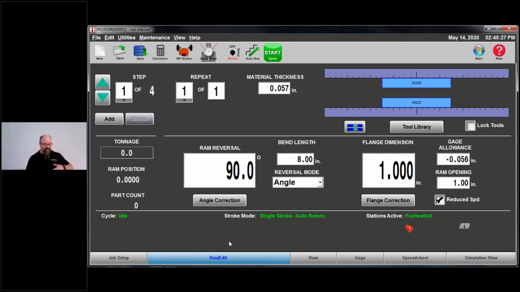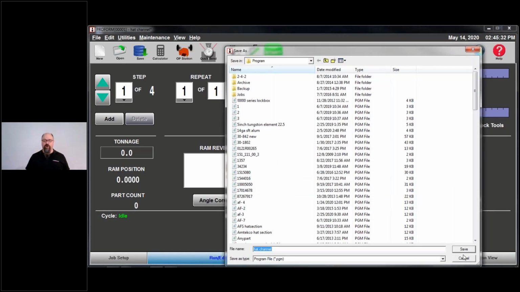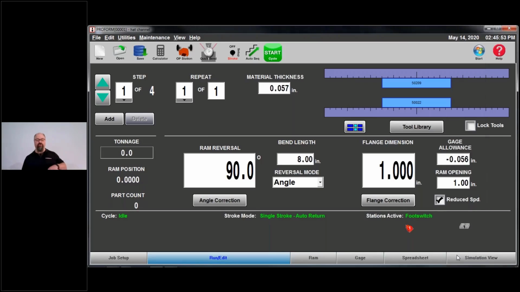This is now ready to be saved, which you do have to hit save. Okay, save it onto your, if you're on the network, you can save it on the network. If you're on your local PC, save it on the local PC. If you're on a flash drive, you're going to walk it out to the actual machine, save it on a flash drive. Okay, I've just got a program location, D press brake programs. I'm going to save it there. Okay, now you can take that and transport it to the machine however you want to transport that to the machine. So that's drawing out a generic part.